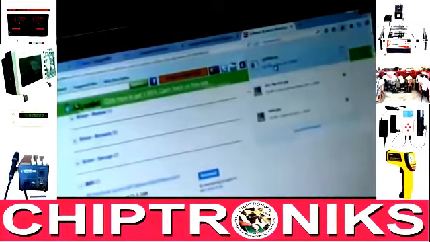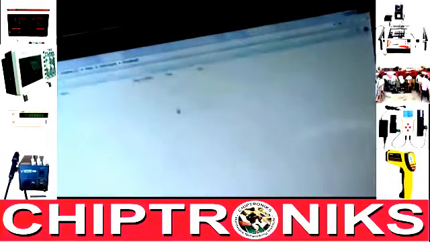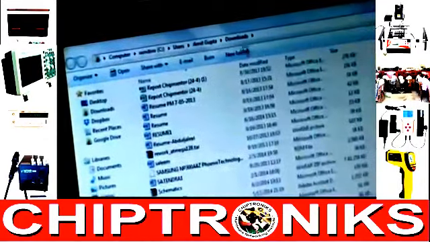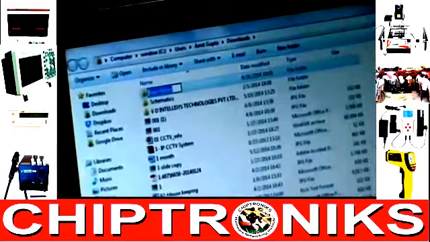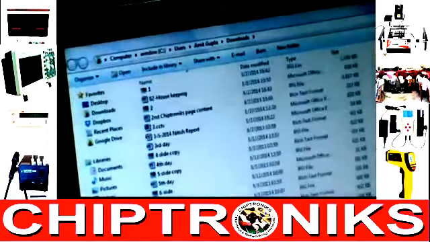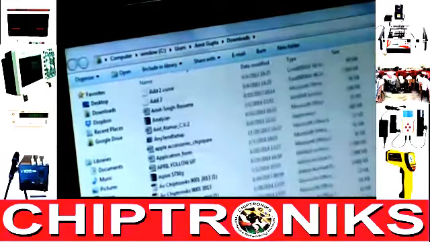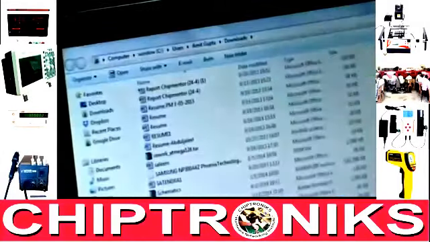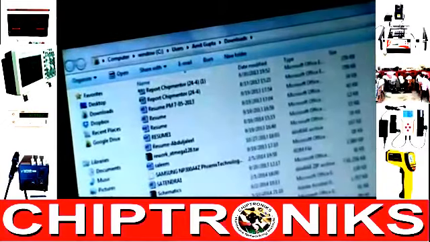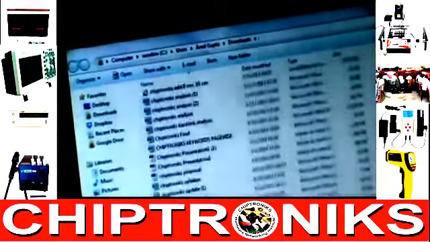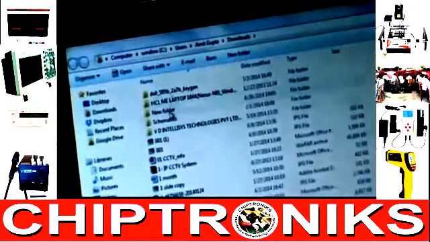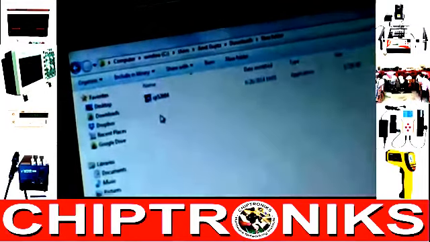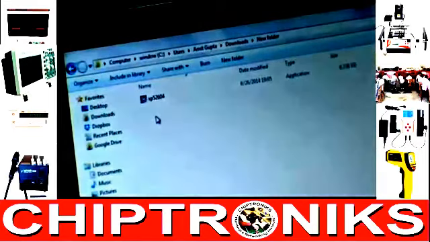Open. This is the file. Okay, when you get this exe file, some kinds of exe files are not properly protected.